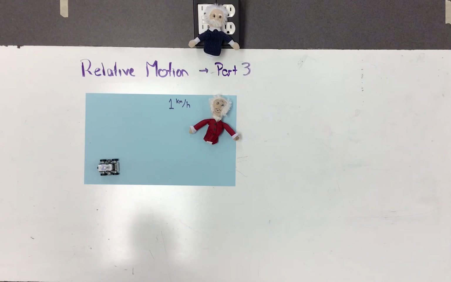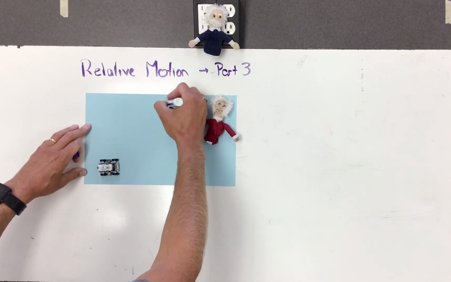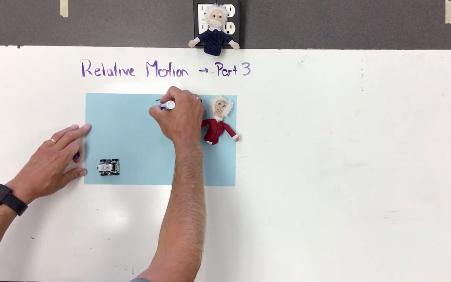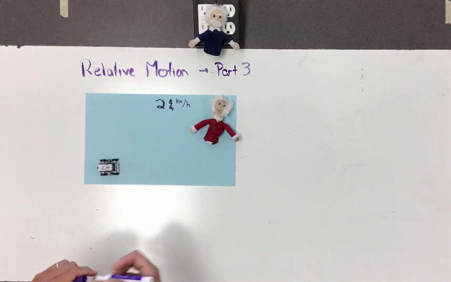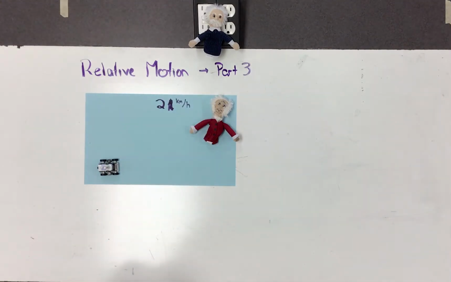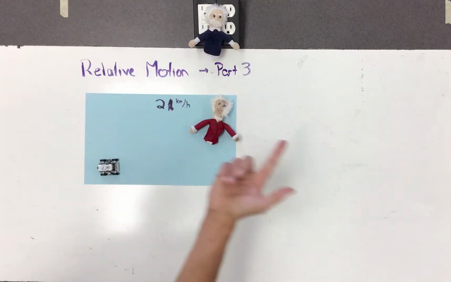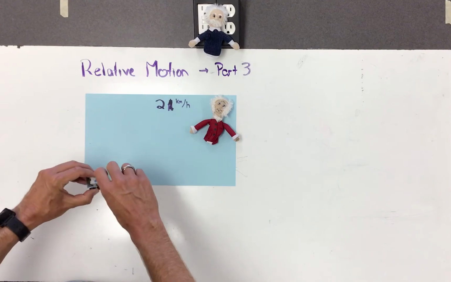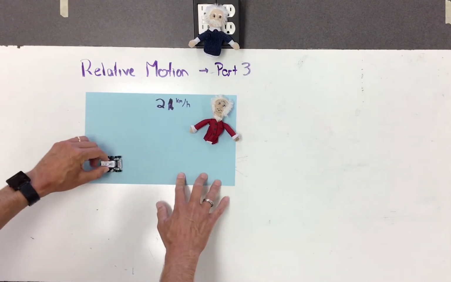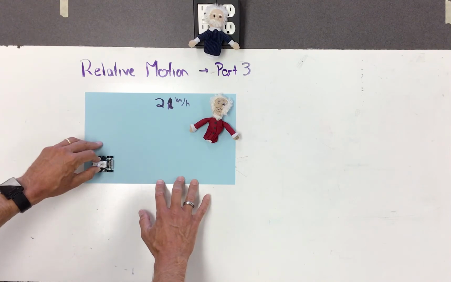Now we can play the what if game. What if the paper speeds up a little bit? What if we speed up the paper so that's also going at 2? If this is making sense, this shouldn't be a big leap. To start off, I'm going to push the paper to the right. Everybody's going to stay in their same position. The car is going to move across the paper at 2. Well, you do the math in your head, have an idea what it's going to look like, and